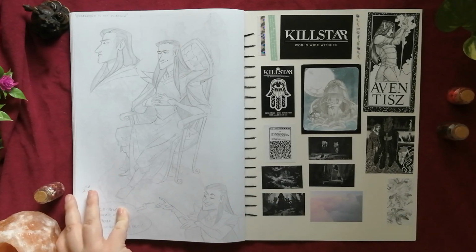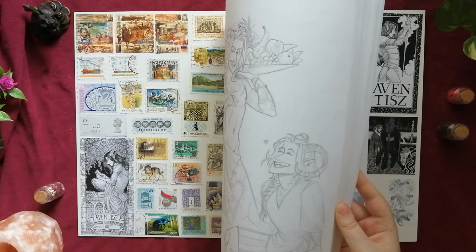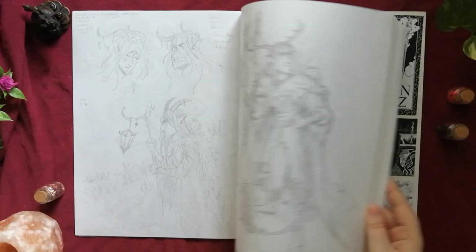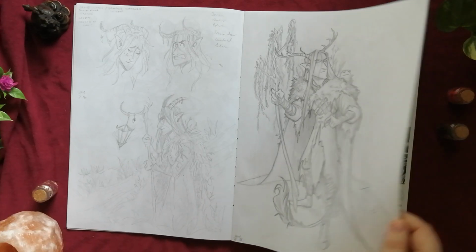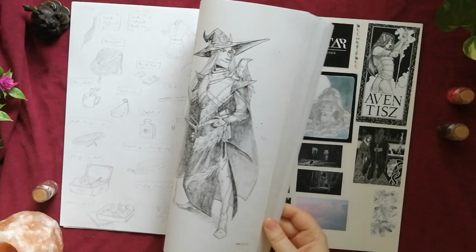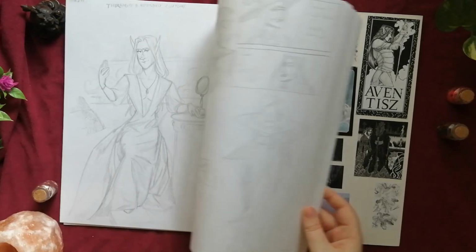But yeah, this was my sketchbook. I hope you liked it. I filled it pretty quickly, from October 1st to today, when I finished it, or I don't know when this video goes up, but today is the 11th of June, which to me is pretty fast considering that this is a kind of thick sketchbook. I don't know if I counted the pages,